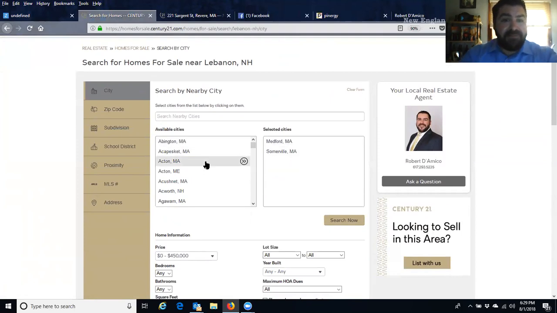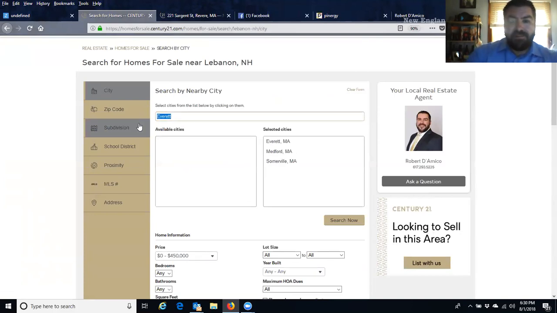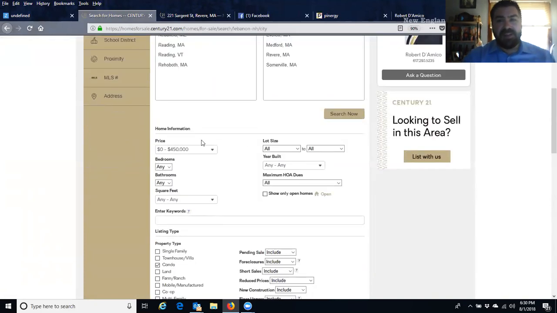So you see I got Medford, Somerville. I can simply come up here and just type. Let's say I want to add Everett. Maybe I want to add Revere. It automatically populates right under here. Makes it nice and easy. So I add all my towns. I could now come down and I could select